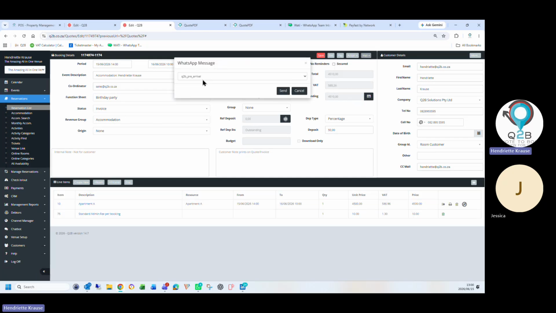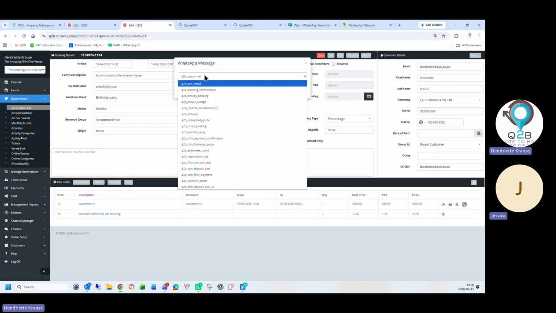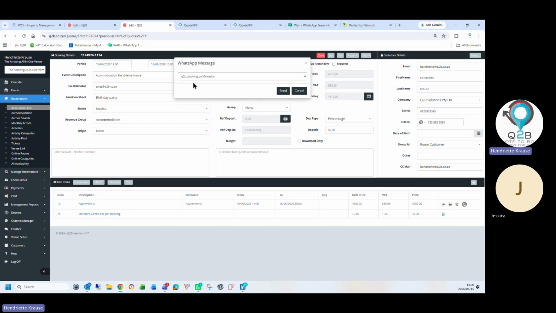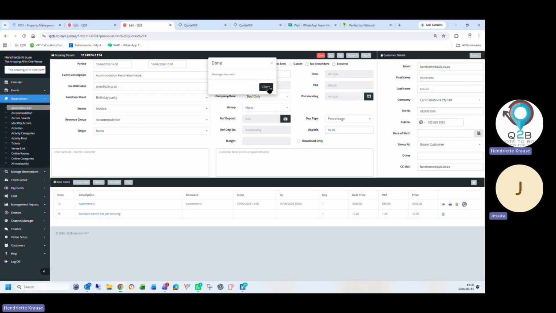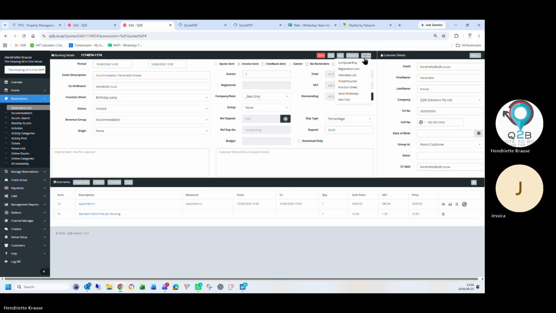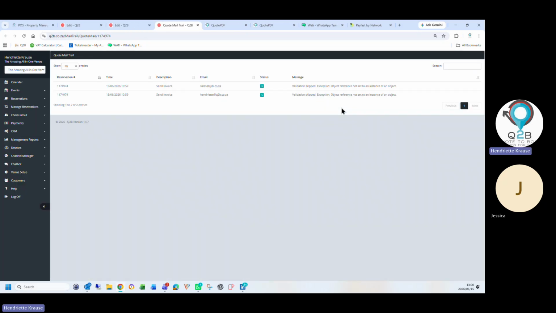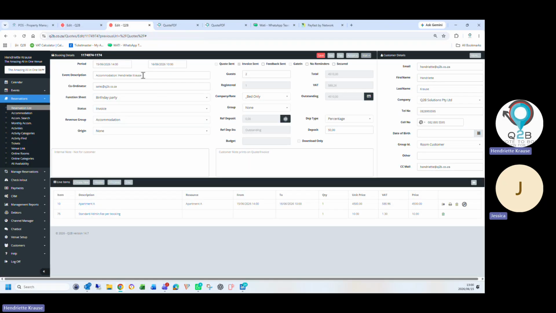Okay, and then we also have a WhatsApp integration. So if you would rather send him his invoice and not mail it to him, you can select your WhatsApp and you can say send, and the WhatsApp will automatically send to the customer with the invoice attached, everything. Okay. Then if you want to check all your mails, is it failed? Was it successful? If a customer says, I didn't receive it, you can see if the mail failed and what is the reason why the mail failed. So quite a few nice functions that we've got set up for you already.